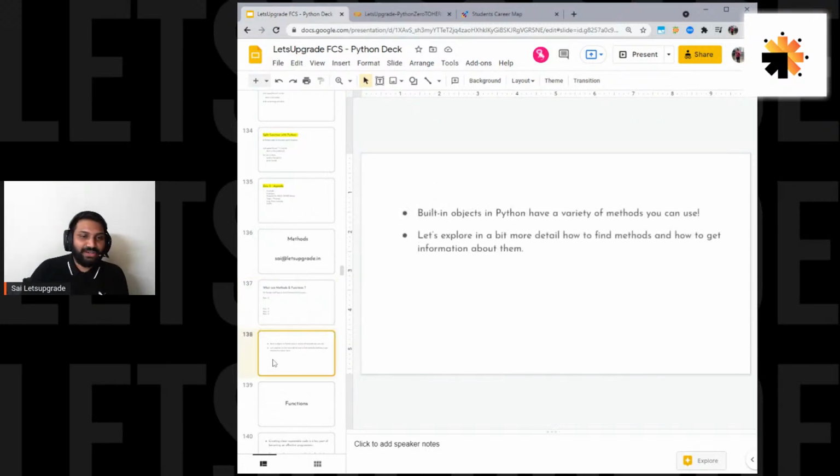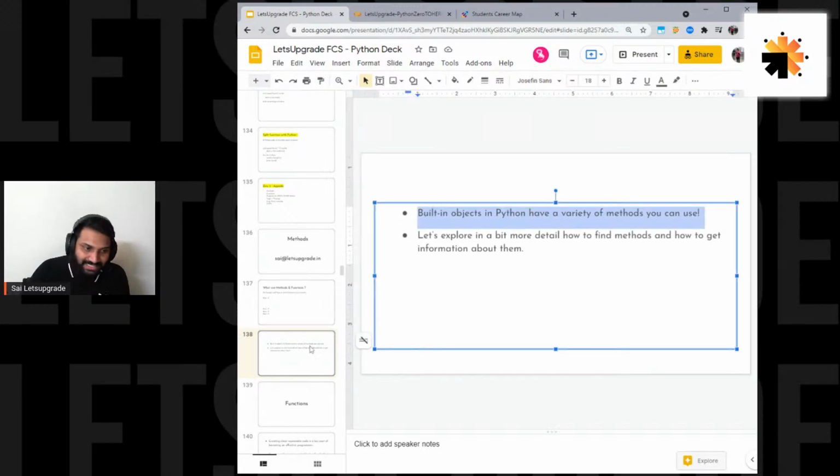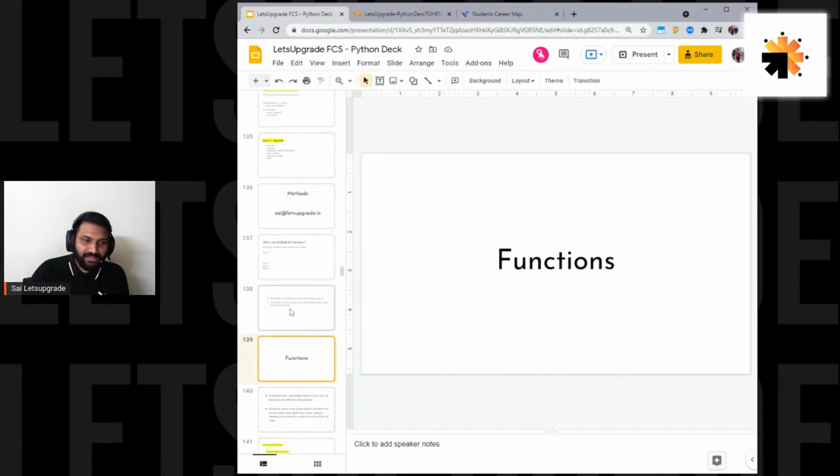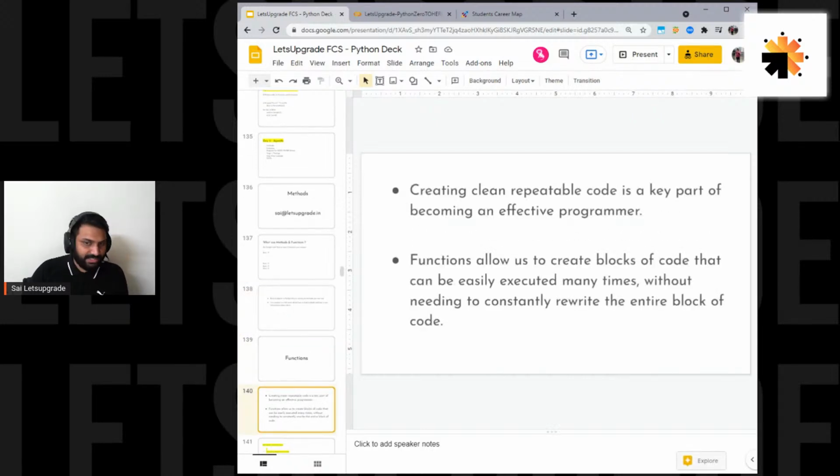Okay, so a function is, okay, let's do one thing. A function is a set of code that performs a specific task. A block of code. Now what is a method, and what is a function? There is a difference between a method and a function. First we will understand what a function is, then we will understand what a method is. Okay, so a function is nothing but